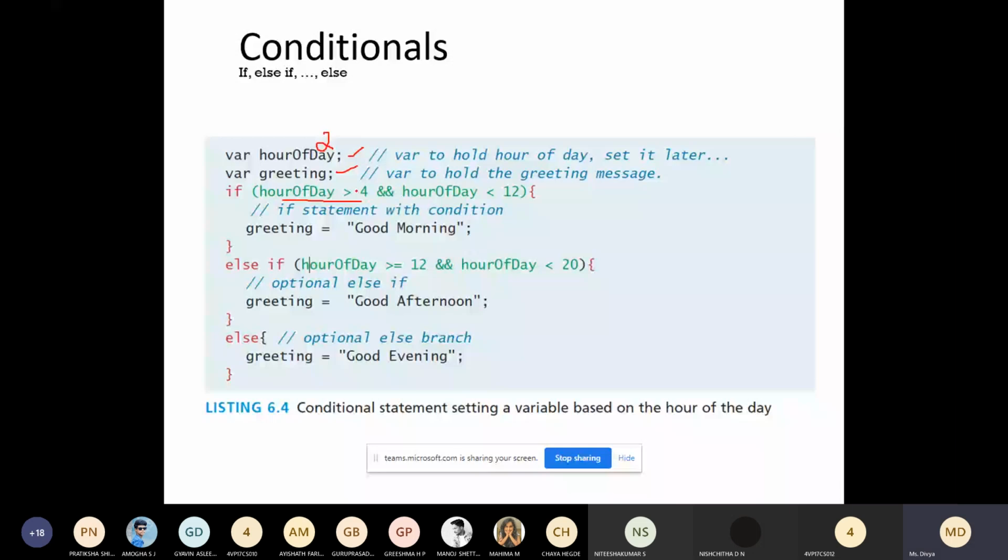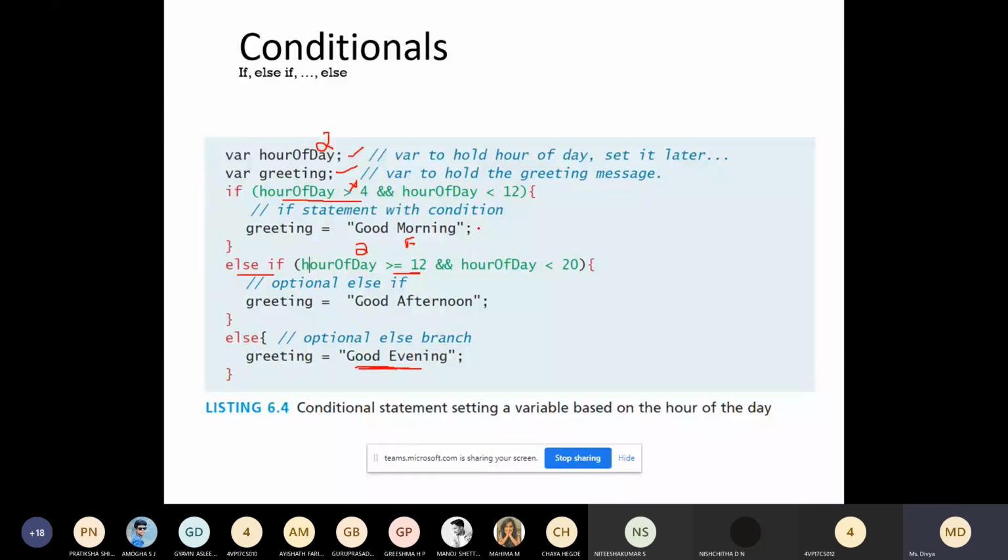The condition is false. Else if the condition, 2 is greater than or equal to 12, the condition is false, else part it will display the message good evening.